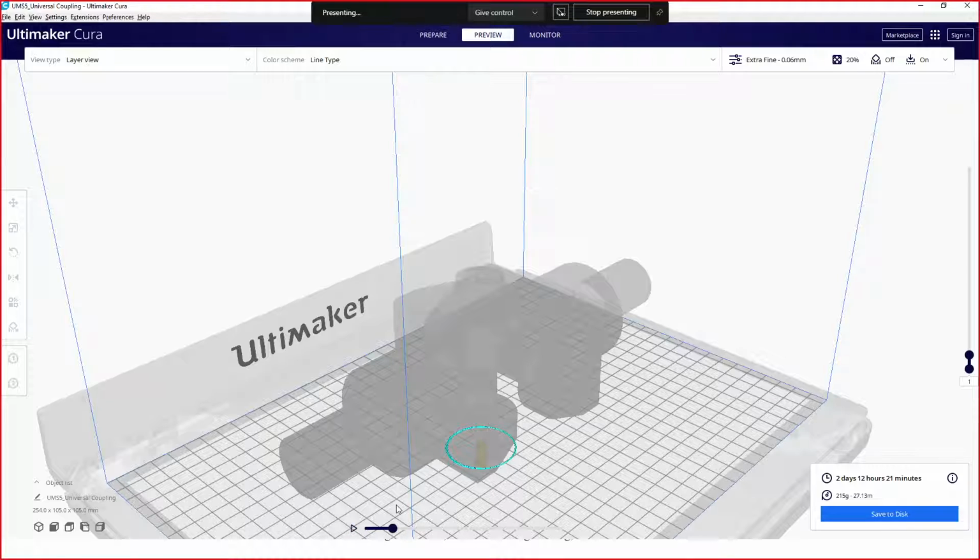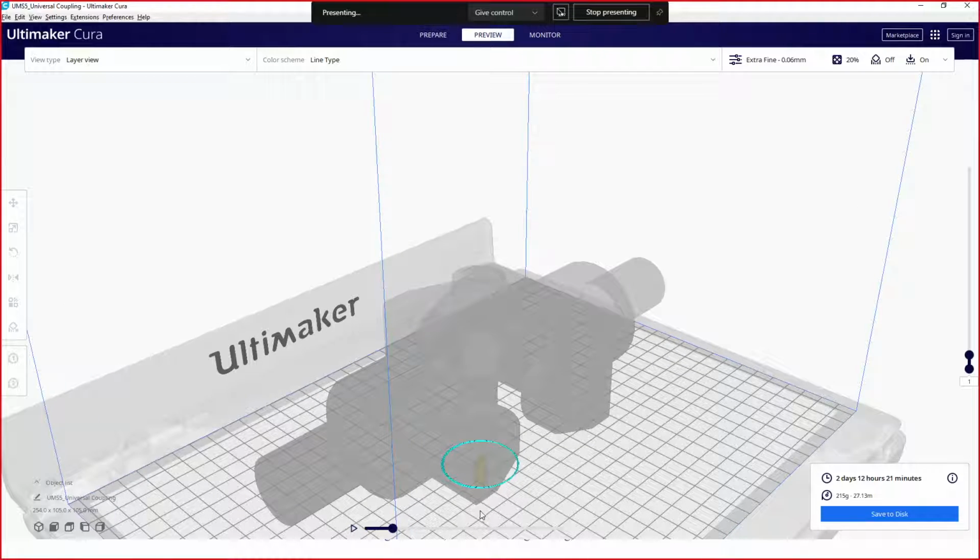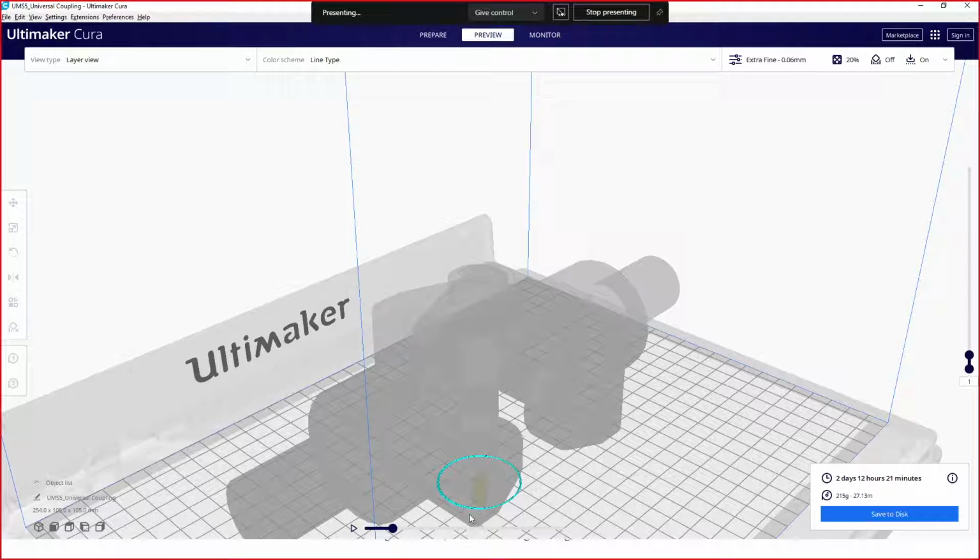Yeah, okay, let me show it with more clarity. You can see how this 3D printer is printing your first layer. Likewise, it is showing how much time it will take. It will take 2 days 12 hours, so you can say 2.5 days, 2 days 12 hours and 21 minutes in order to print